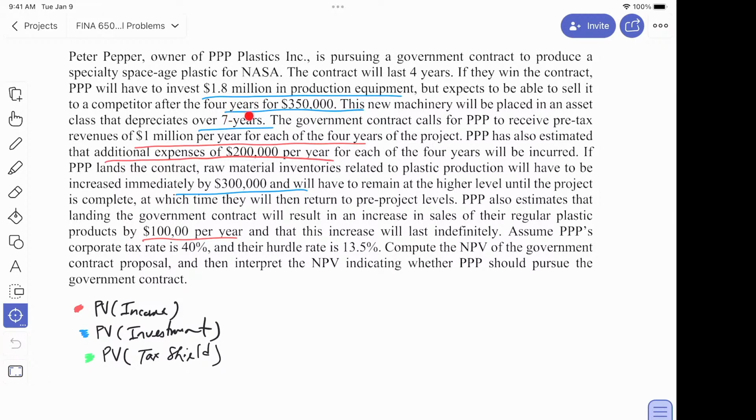Well, I underlined that 350,000 is part of investment because this is the salvage value of the equipment. So that's not a revenue. It's seen as salvage. We put it together with the purchase of the equipment and investment. So that's the effect on investment, or the investment impact. You could argue it goes into income, but that's not how I'm doing it.